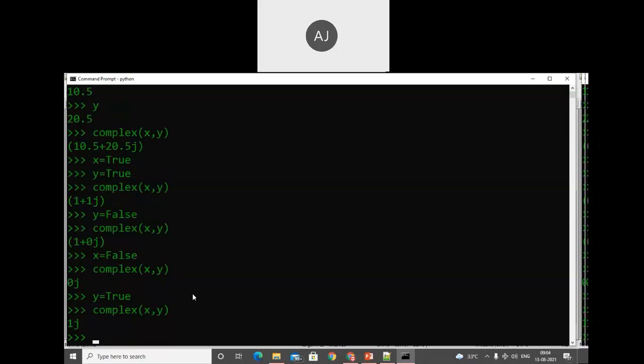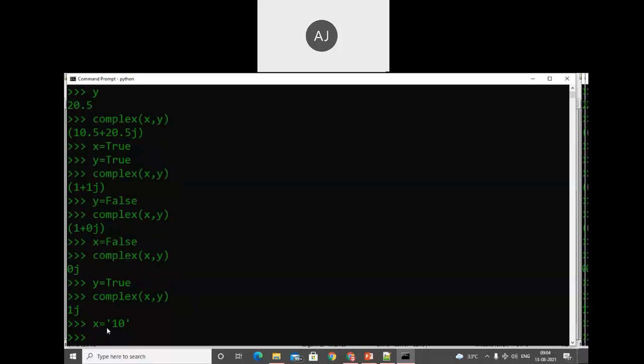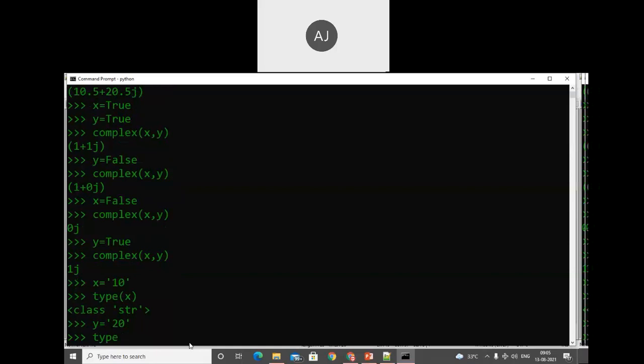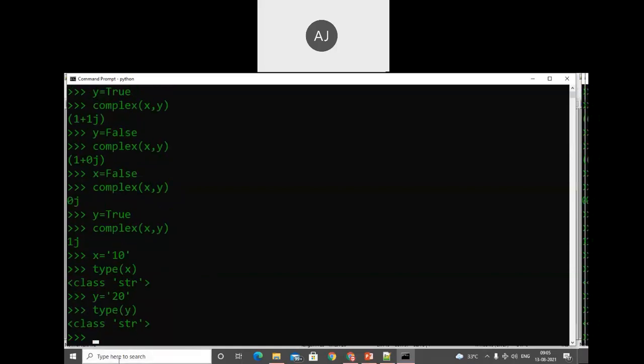And the last option is string. In the string operation, we need to pass the values in either integer format or fraction format. So let's say x is equal to, in that I am passing the value 10. That means x contains '10'. When we use single quotes, we can say it is a string. If you want to check, check by using the type function. See, the class is str. Similarly, in y we will store the string format '20'. To check the type of y also, check it within the class.